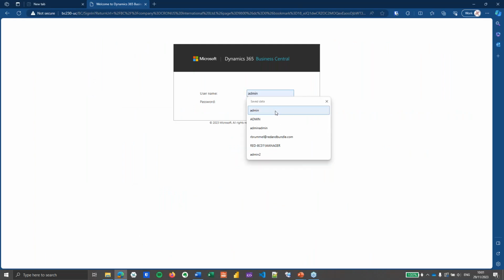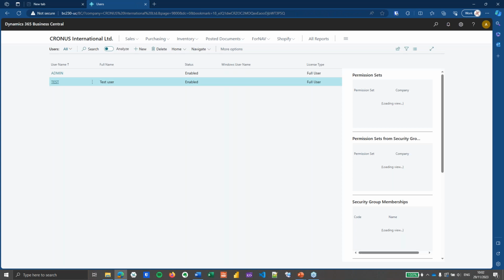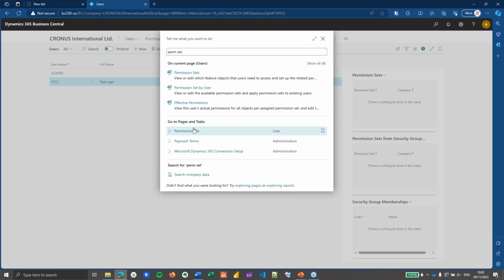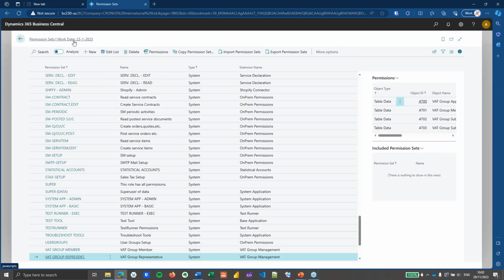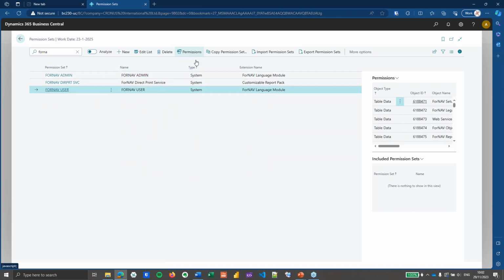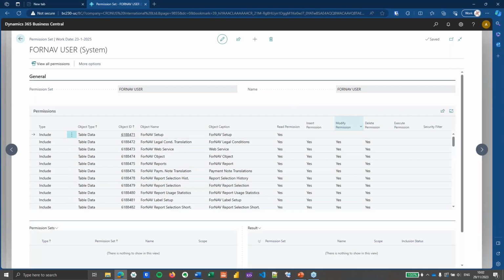So let's go to Business Central. Let's go and sign in. Now let's open our permission sets. And in these permission sets, I'm going to quickly search for ForNAV, and we will find the 3 permission sets that ForNAV have provided. And if we look at the user and look at the permissions, you will see that